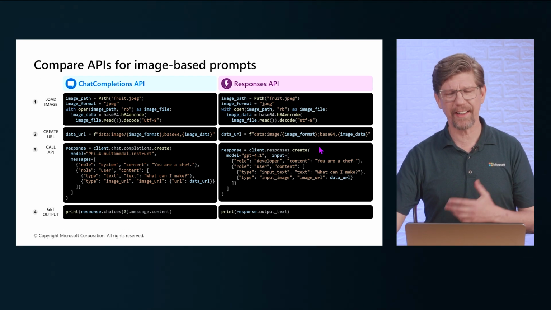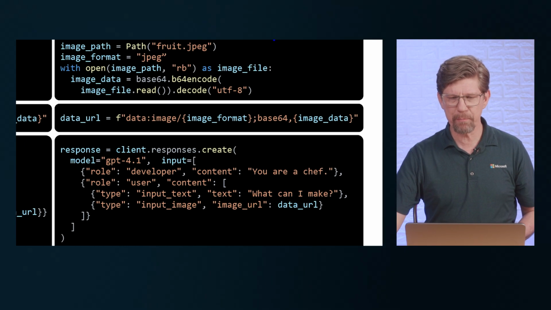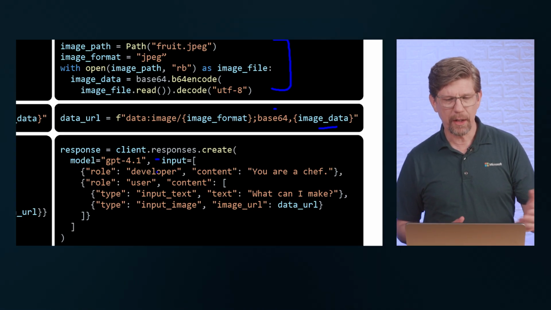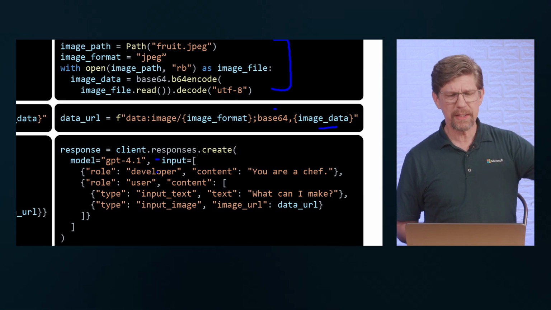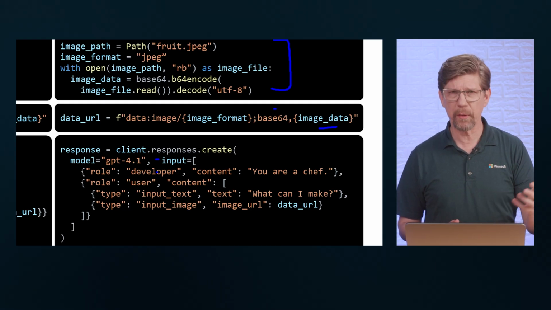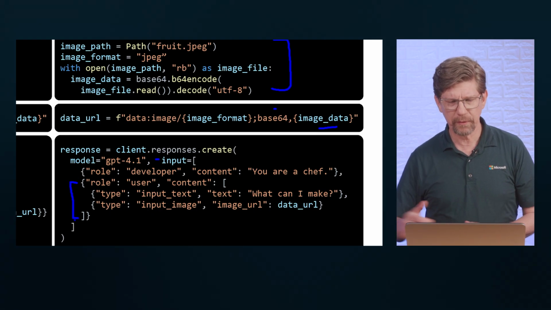With Responses API, again, very similar up front. Getting that same base 64, same URL encoded value, and then we are supplying the input array. In the last example, there were instructions. We could include instructions here. It's just an additional parameter, but whatever instructions might be necessary, and then our role here,